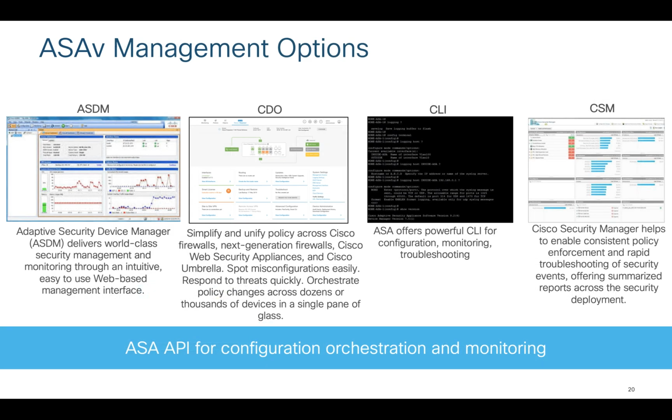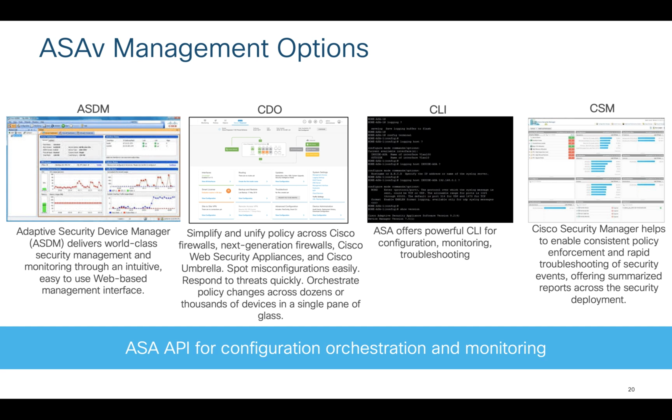On the management side, we have ASDM, which is a local device manager for this device. If you are into GUI, you can always access ASDM. We also have CDO, which is Cisco Defense Orchestrator. First of all, CDO is our cloud offering, so you can always use CDO to manage your ASA. You can manage your next generation firewall as well. And on the ASA, you have a pretty strong CLI. So if you are into writing your commands, you want to use the CLI,